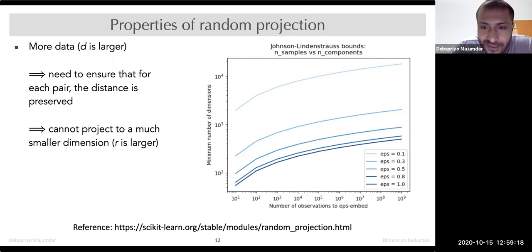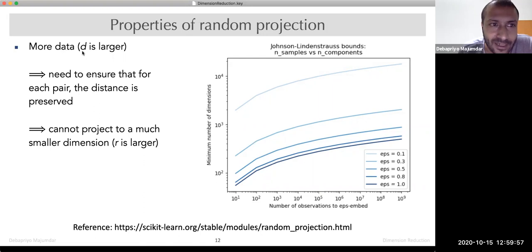The funny point is, it does not matter on the original number of dimensions, n. If you remember the statements, nowhere do we mention n, the original number of dimensions. Yes, we mention the number of points d. So it depends on your number of points, but not your original dimension. That's one amazing, unusual but very good thing, because if you could do this from dimension 1 million, you can also do this from dimension 1 billion, no problem. Same thing will work.